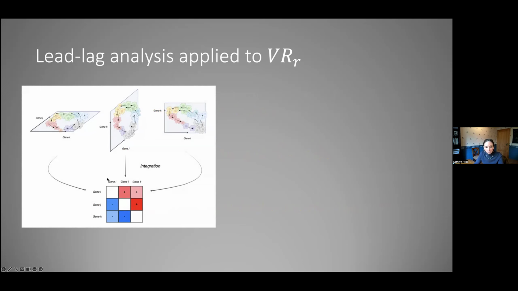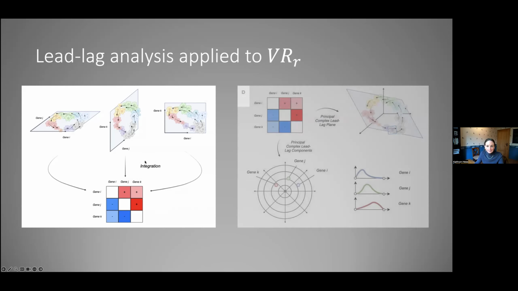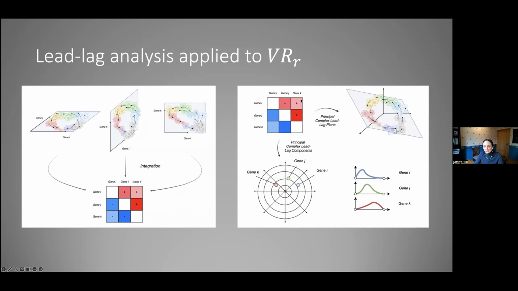It gives us this huge symmetric lead lag matrix like this, using this integration along the edges of the angular velocity differential forms. And then once we have this lead lag matrix, there are two things we can do. We can project onto the principal complex lead lag planes like this, and that gives us the planes where there's sort of the most circular action going on. And then we look at the components, and that puts out which genes are active and when, according to the different phases. So it really provides a more quantitative picture of the gene phases and their amplitude. And so it's going to produce in the end these sorts of curves where we see, this is where gene I is active, gene J, gene K, and so on.